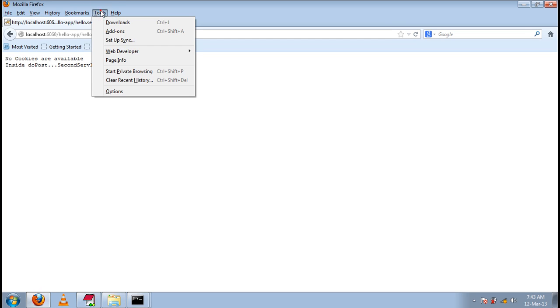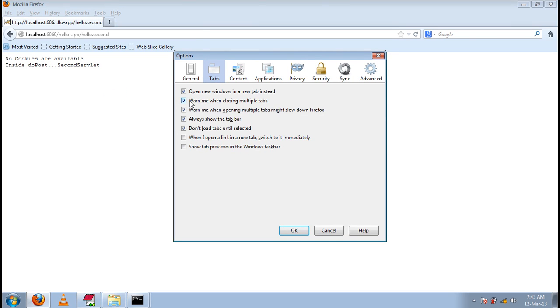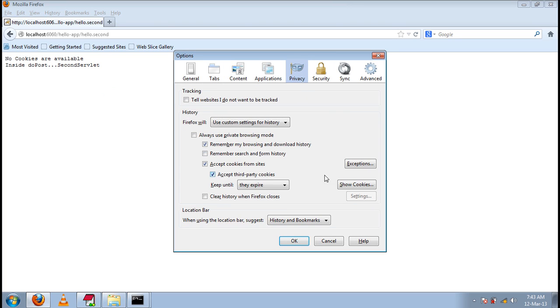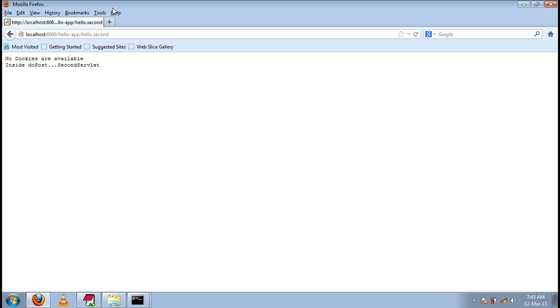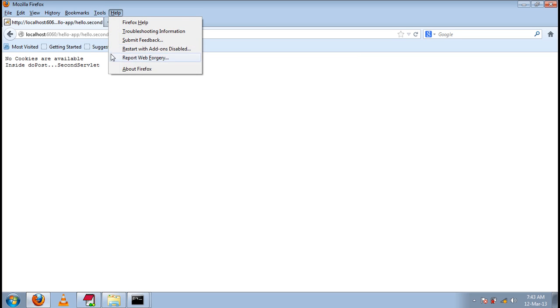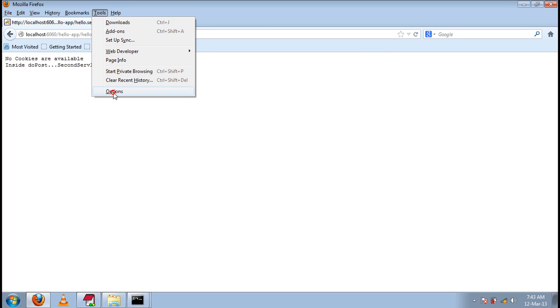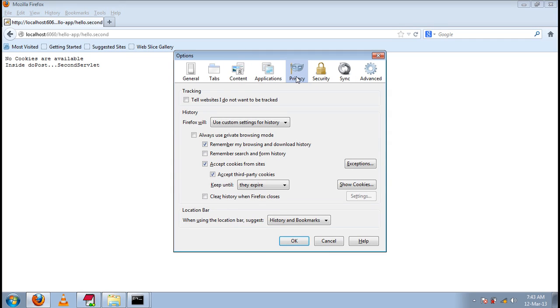The first problem is, you go to tools, internet options of the browser. If it is Firefox, it will be like this. We have a tab named privacy. In privacy we have the option show cookies.